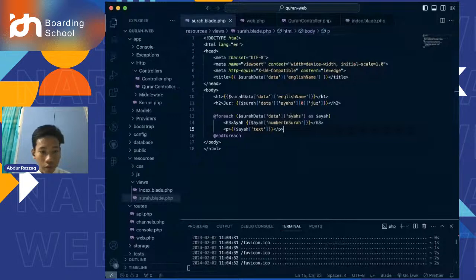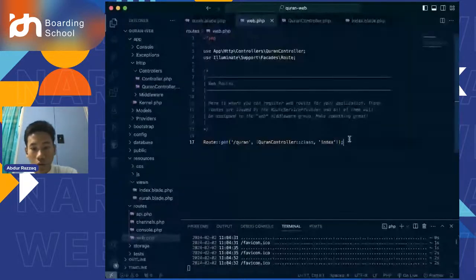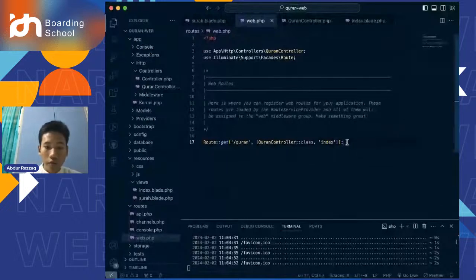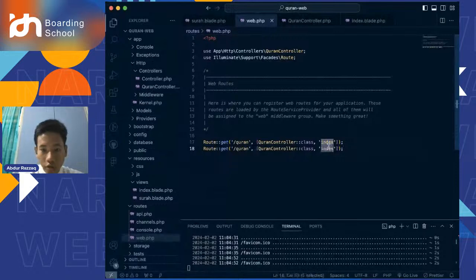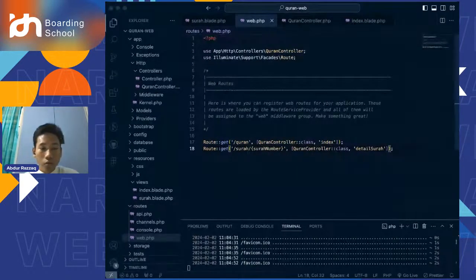And don't forget in the PHP route, we have to call the function. You can just copy this and change the index to the function name, which was detailSurah, and add here surah slash surah number. And now, if we try this, it should be able to